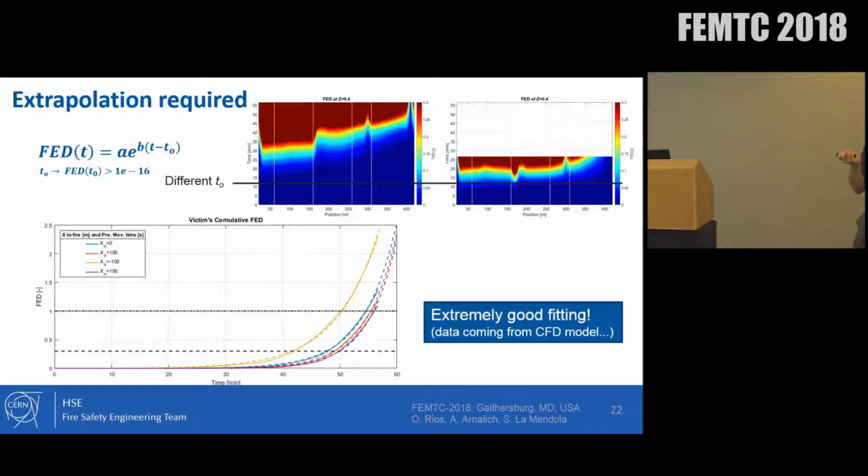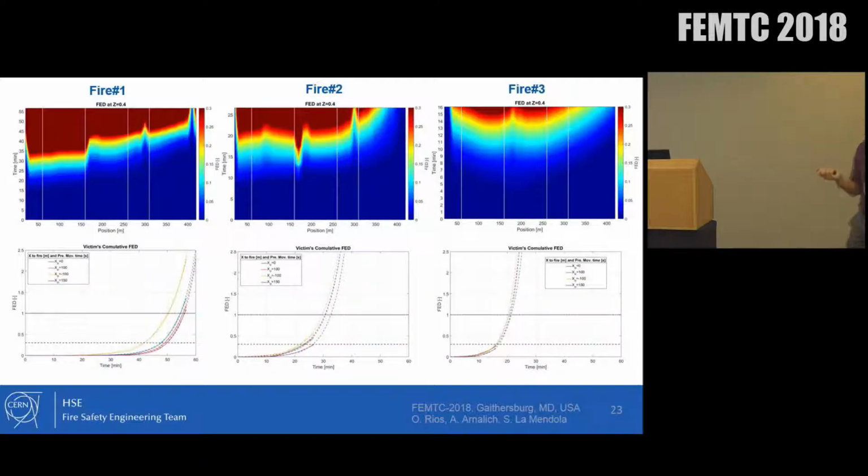So we can already explore the FED data of the occupants being standing still in a place, or victims, sorry, not occupants, victims. And this is the case where we got most of the data, and we could show which was the trend of this curve. So the curve really followed an exponential curve. So with this, we went for the other scenarios where we were lacking some data, and we extrapolated the same law. So let's say with limited data, we could extrapolate it into the future.